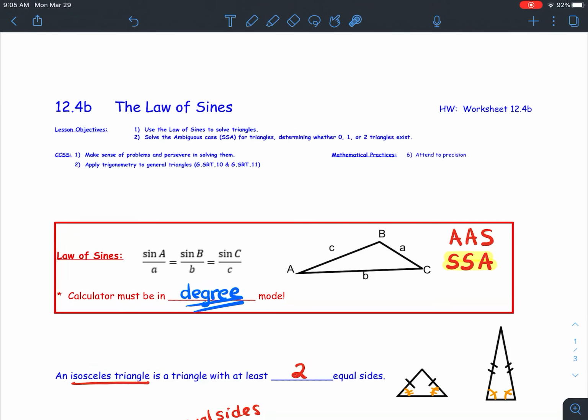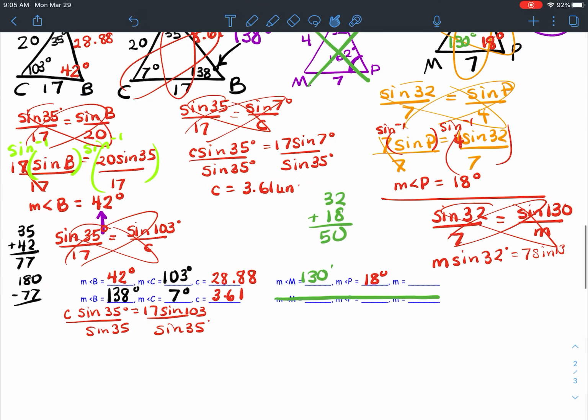Sorry, I was touching the side of the screen here and it wouldn't let me write that 0 right there for 130. We're going to divide by sine of 32. So you're typing in 7 sine of 130 divided by sine of 32. This gives you side M to be